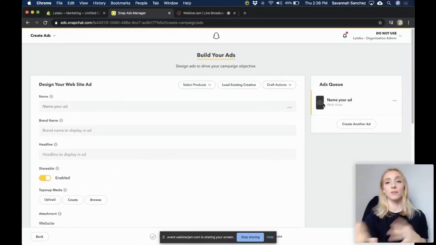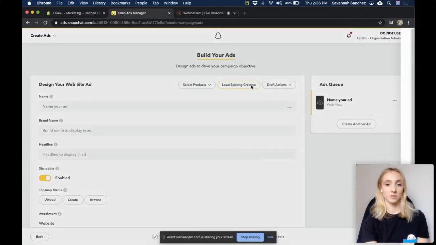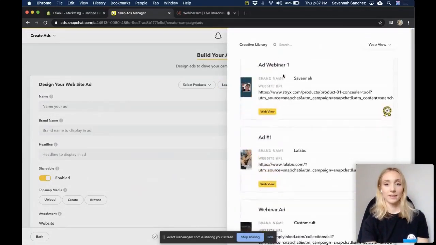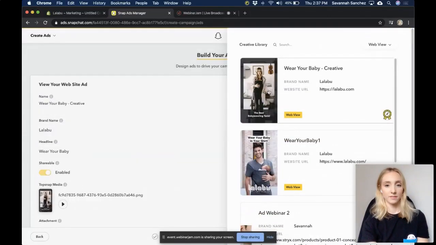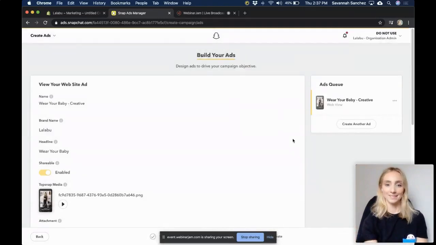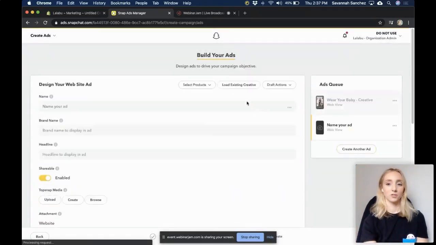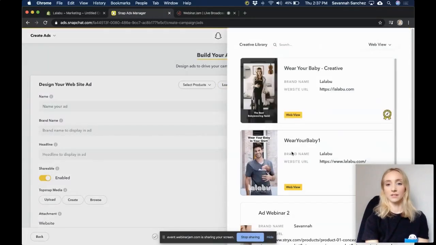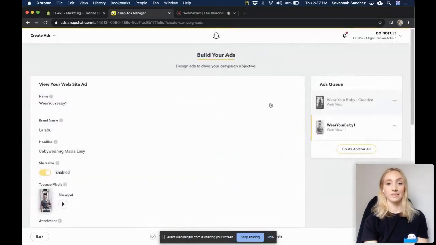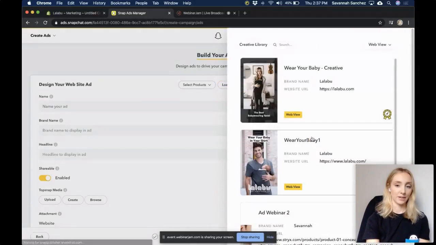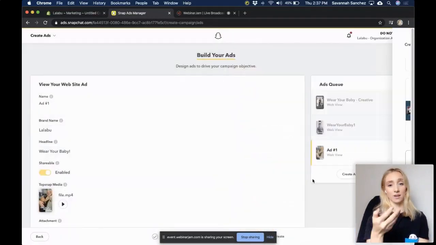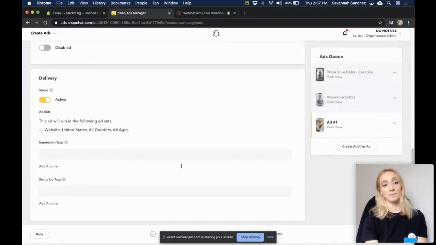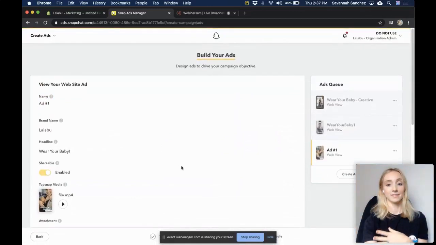So what's cool is because we already made all of our ads in the creative library, all I have to do is click load existing creative, and all my creatives are right here. So if I want to add multiple ads inside this ad set, I would just click create another ad, load existing creative, and just click all the ones that I already built out in my creative library. So this is the easiest process that I found, especially if I want to launch multiple ad sets and ads